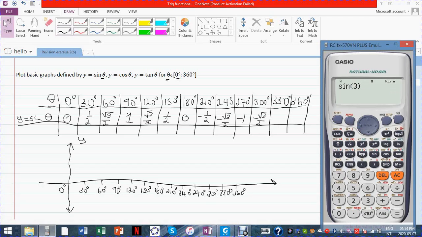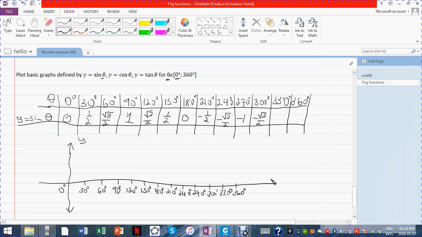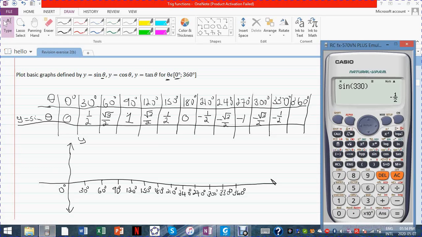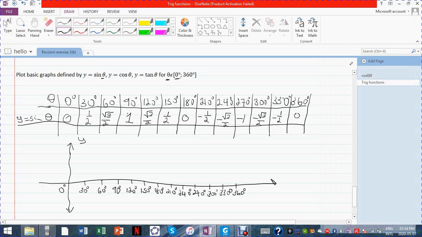Sine of 330 gives us a negative half, -1/2. And then sine of 360. Sine of 360 gives us 0. Alright, so now we start to explore what